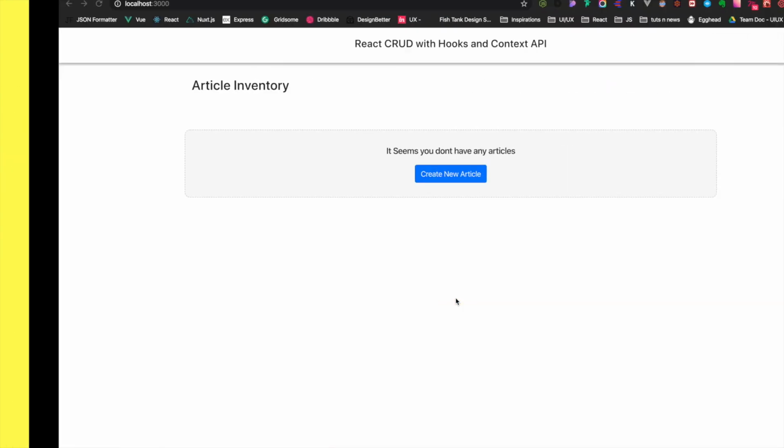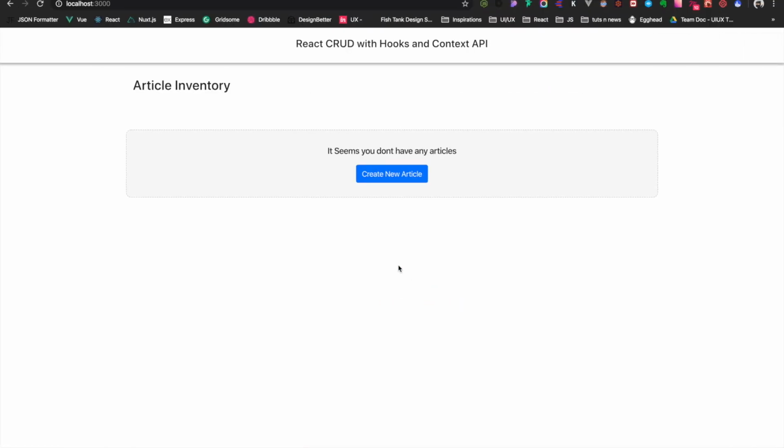In this video we'll be learning about React hooks and context API, where we'll be building a simple CRUD application. Let's take a look at what we'll be building. So we have a simple CRUD application which is already coded. Here we will be having a list of articles, create article, seeing the detail of article, edit article and delete